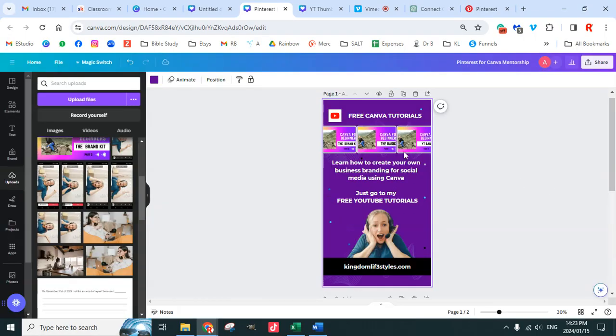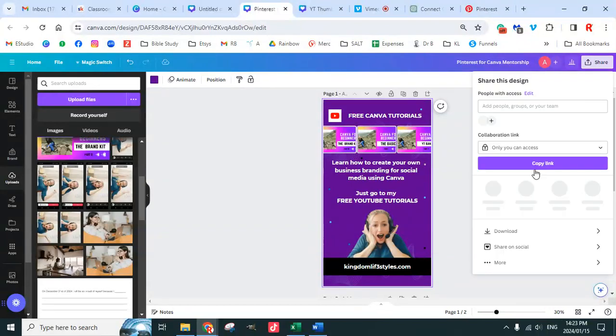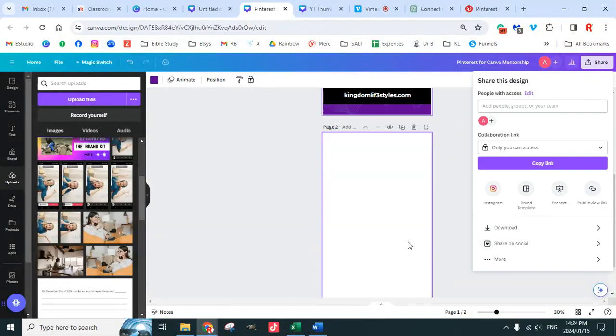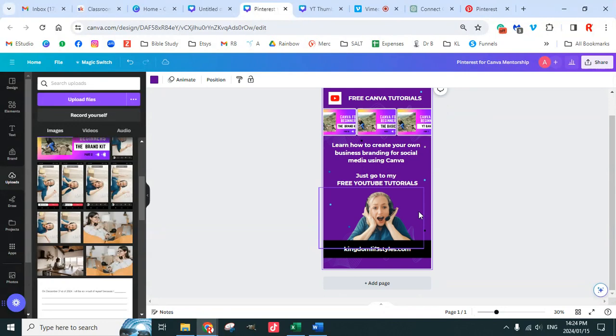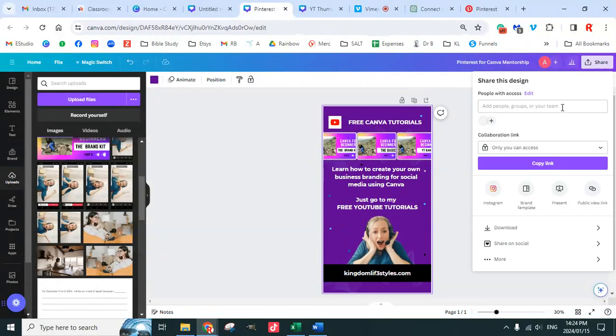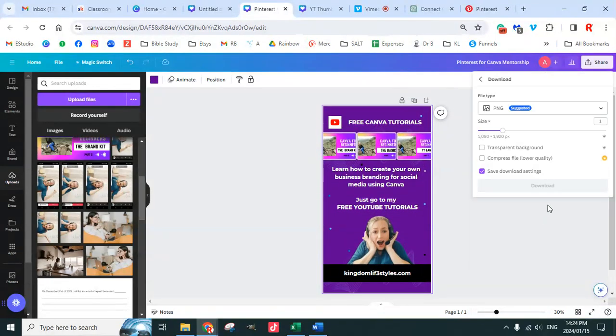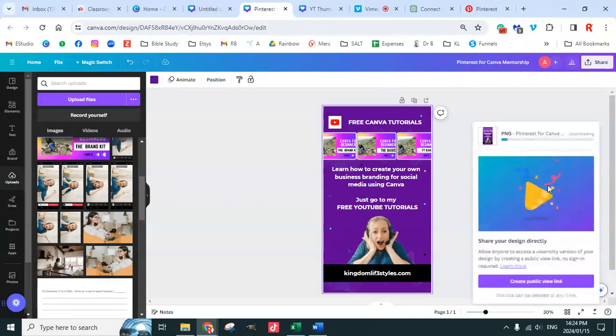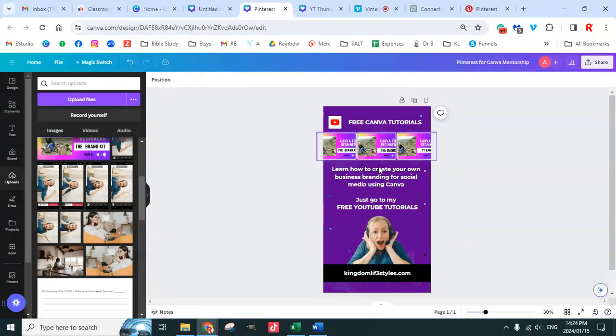So I'm going to now go and download this design. Let me just see what I've got here. If you delete everything else, you don't even have to select a page. You can just say download and leave it on the setting that it is and download. Okay. Actually, before I download that,